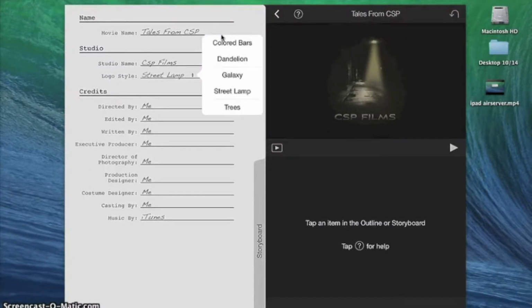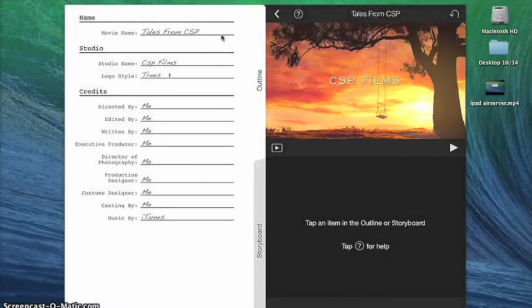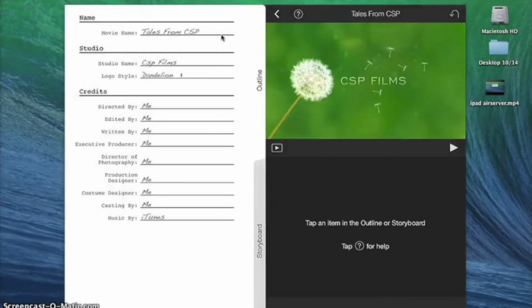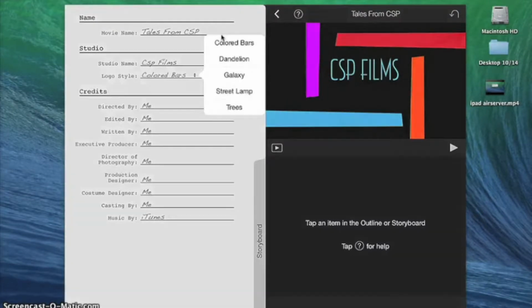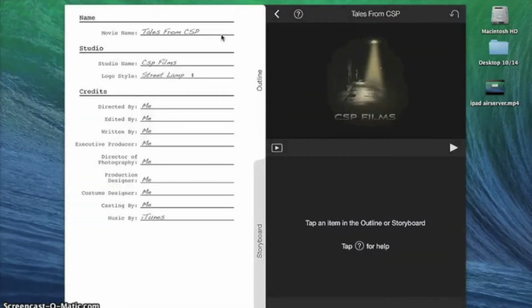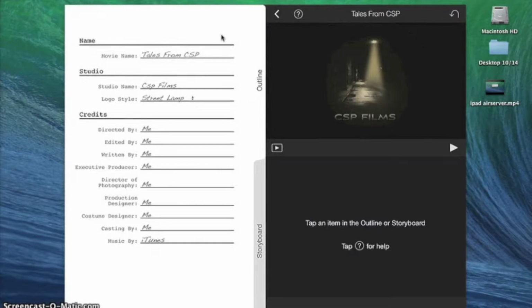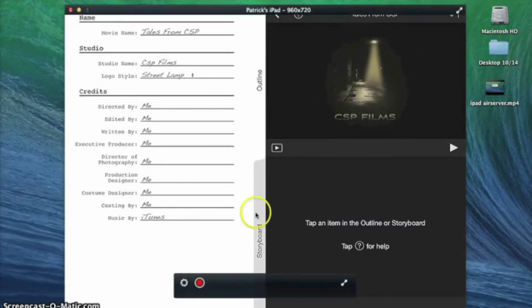Then there is a logo or a studio name. You can go through the different options there and select which one that you would like. That shows up at the very beginning of the film, and again, you just select which one that it is that you want. From here, we're going to switch from using the text outline over to the storyboard, and